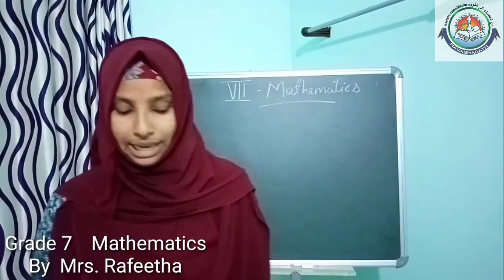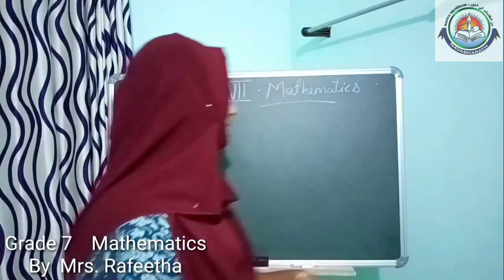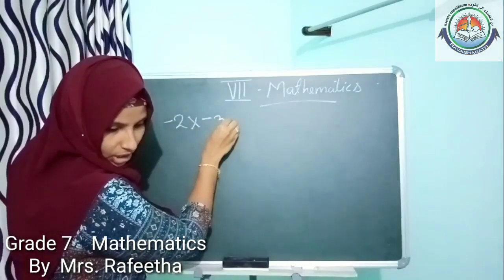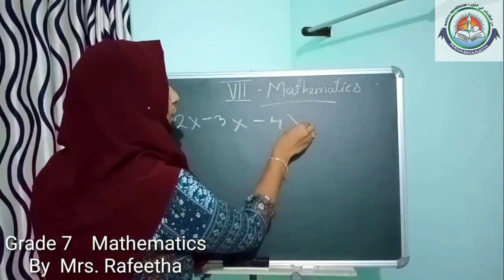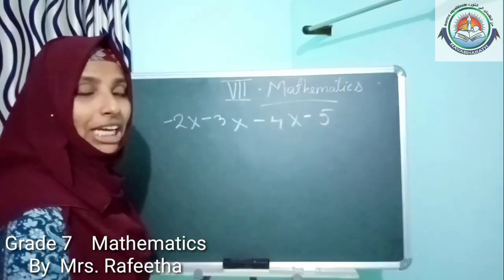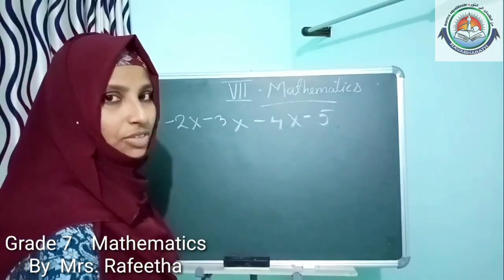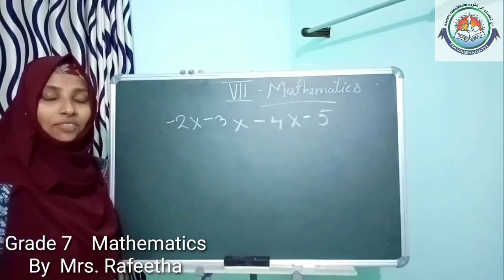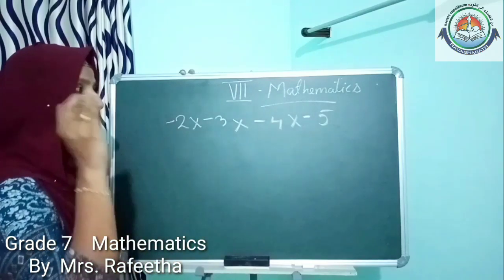Okay. Exercise 1.1, question number 3 we have done. Next we want to do exercise 1.1, question number 4. That is minus 2 into minus 3 into minus 4 into minus 5. While we were leaving the last maths class, we discussed how we can multiply negative integers. What will be the answer?